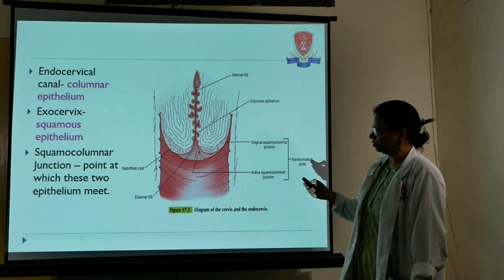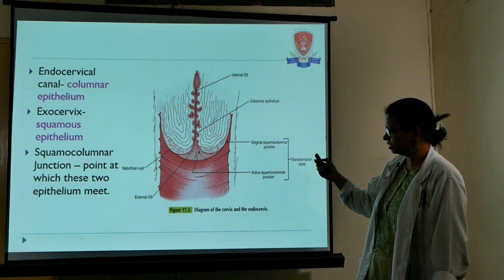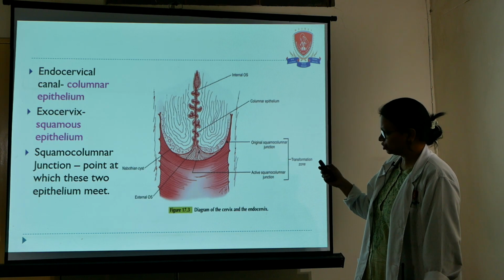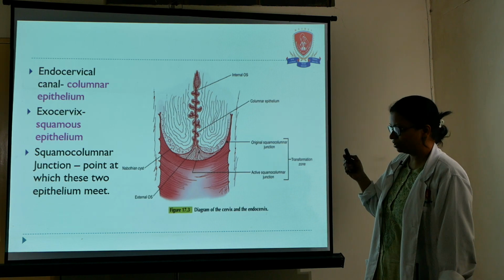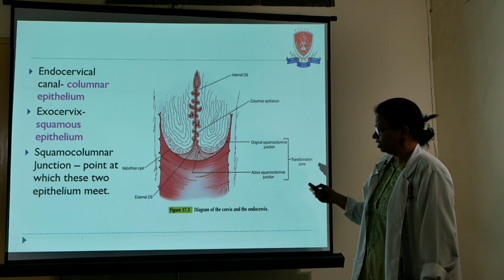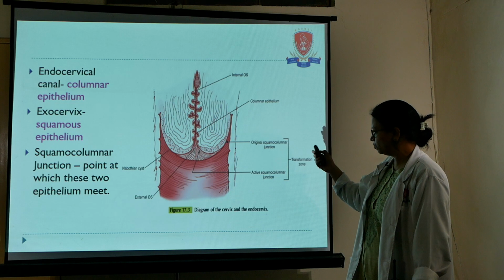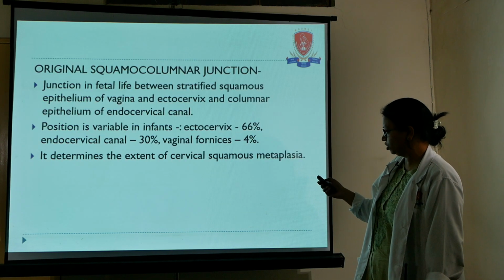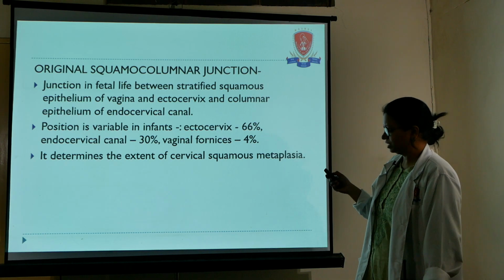So in this picture you can see we have an endocervical canal which is lined by the columnar epithelium, and then we have the ectocervix which is lined by the squamous epithelium. The point at which they meet is known as the squamo-columnar junction. The original squamo-columnar junction is known as the old squamo-columnar junction, but once the baby, that is the female,